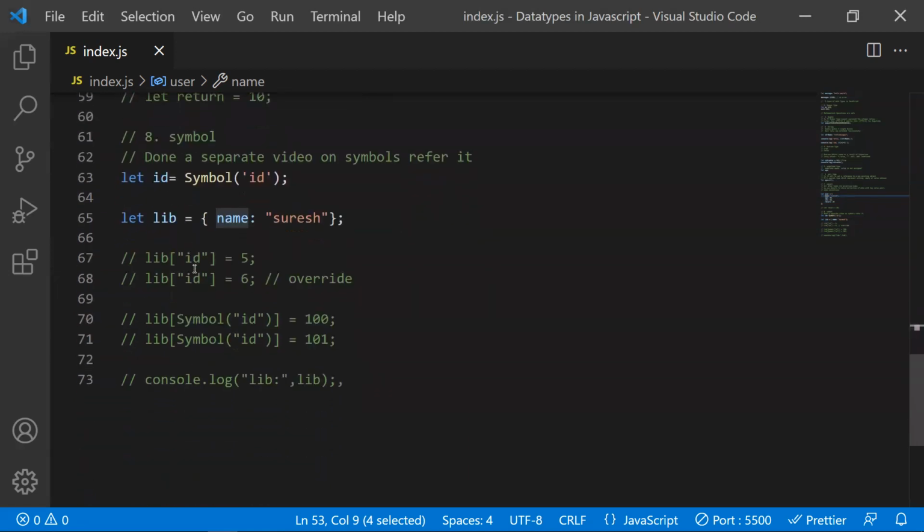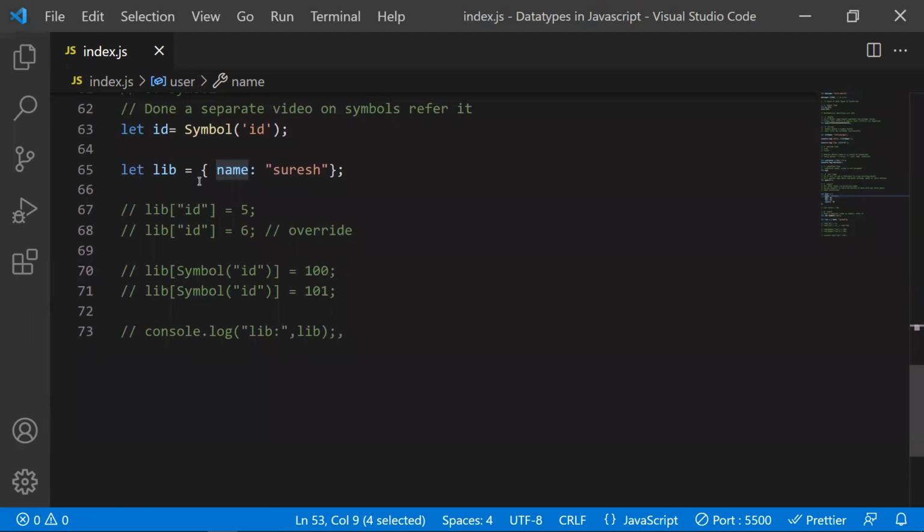So what's the usage of these symbols? For example, you have a library, a third party library. In this library, you have a key and its value. You want to modify the third party library, and you have added one more id property here, and you have assigned 5 as its value. Later, in the new versions of this library, what happened?